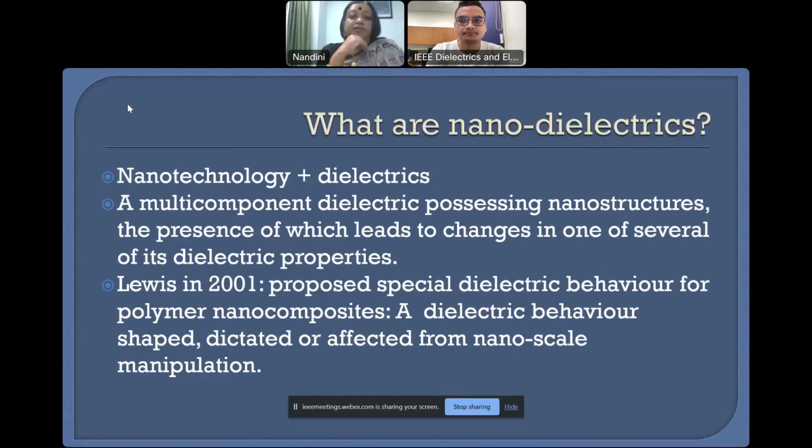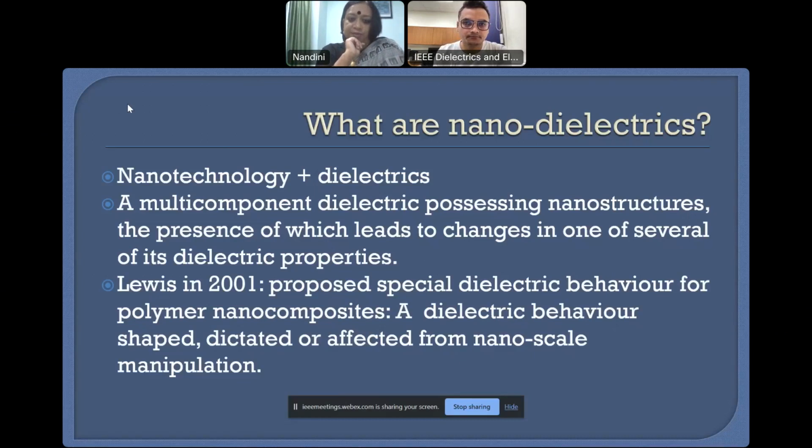We are usually talking about conventional polymer composites, where we have at least one component. So we have a multi-component dielectric, and we are talking about at least one component which possesses nanostructures. And the importance is that because of the presence of this nanostructure, there is a significant change in the properties